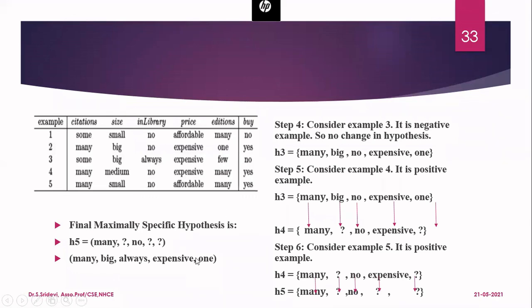So what we have done here is, this is the training data given to us. From the training, we are finding the hypothesis, and the hypothesis will predict for any new example whether the target class will be yes or no.